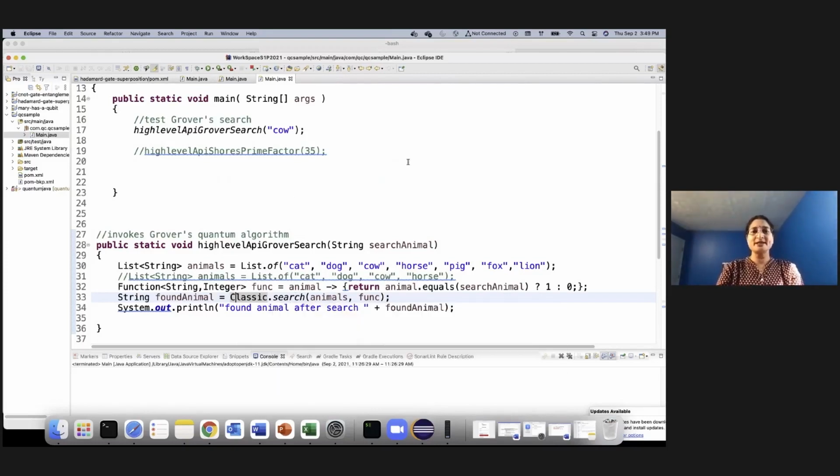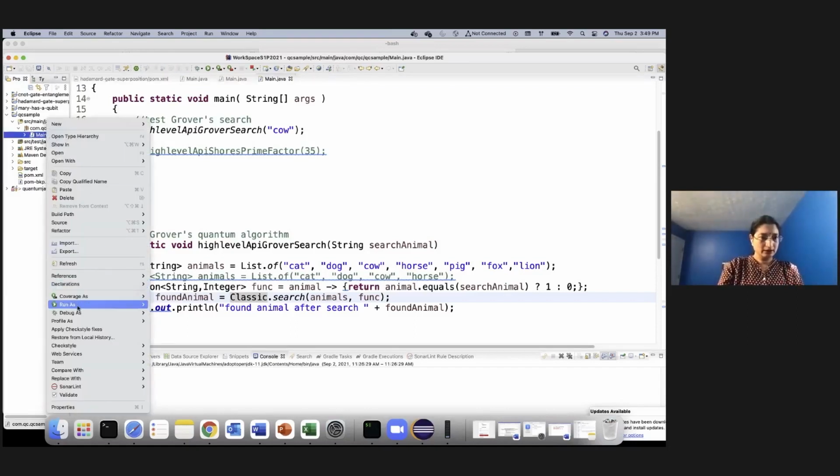Grover's algorithm is a search-based algorithm used on larger sample sets where you want to try finding the items. Here I have a list of animals and I'm trying to find where cow is, whether it is there in the list and where is it. And first we will run this and then I will explain more. And if I run right here,